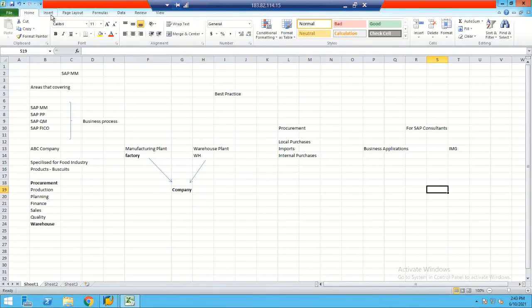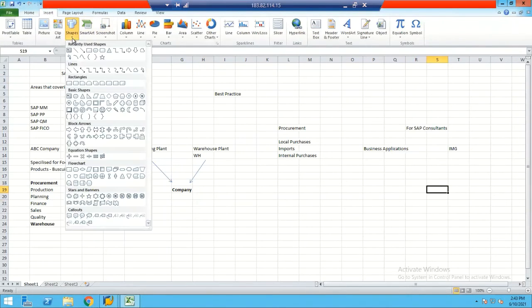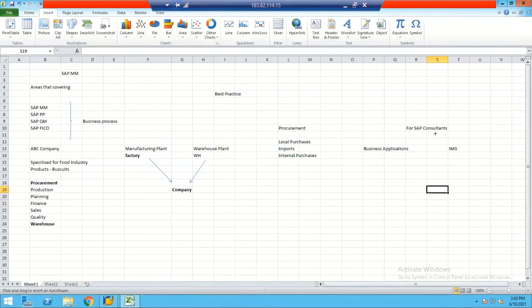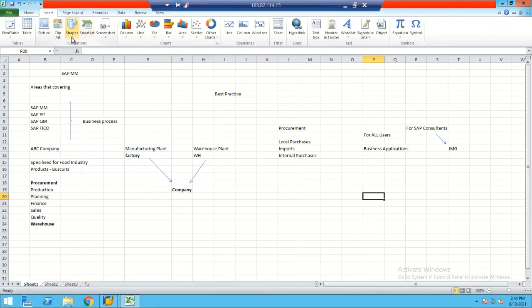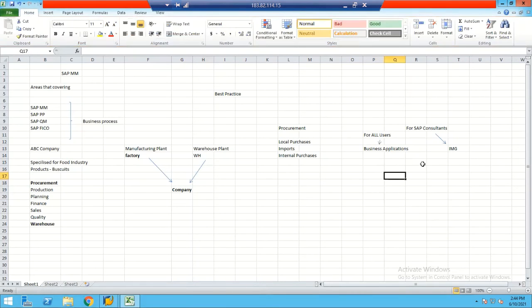You have two destinations. For all users, you have business applications.